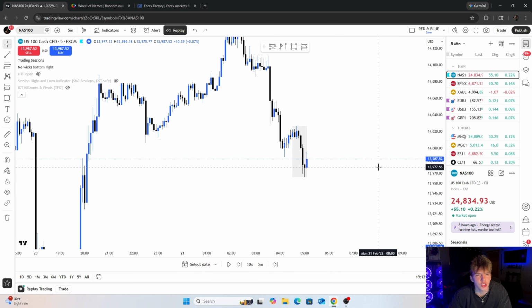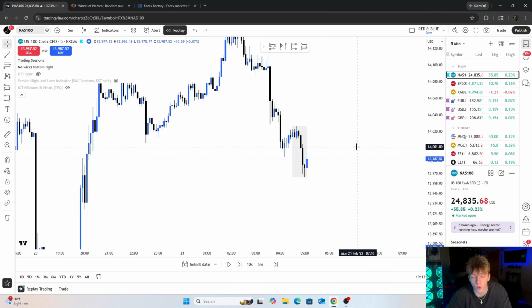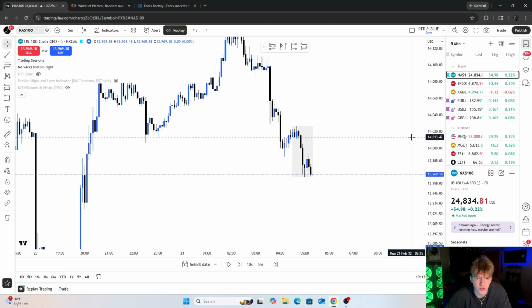And again, guys, this is just one pair. I trade other pairs. I trade NAS and gold. Gold's been eating, and then I also trade Forex as well, and then I also trade oil as another futures pair as well. So yeah.